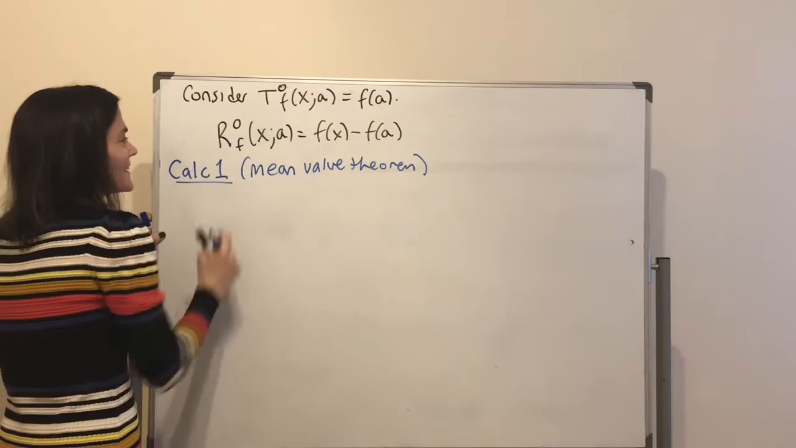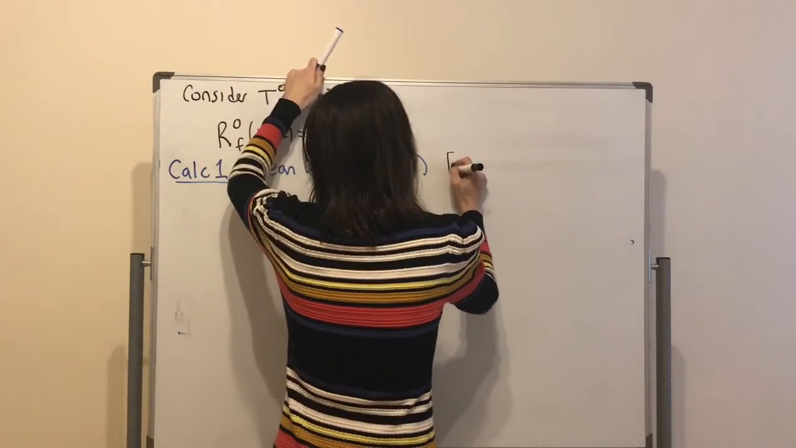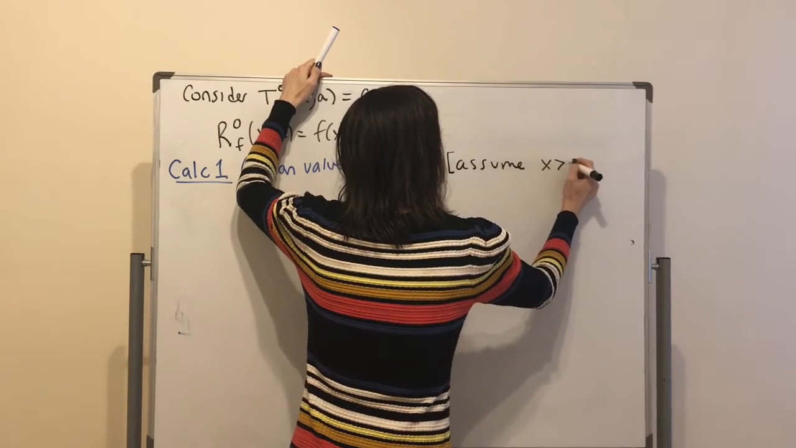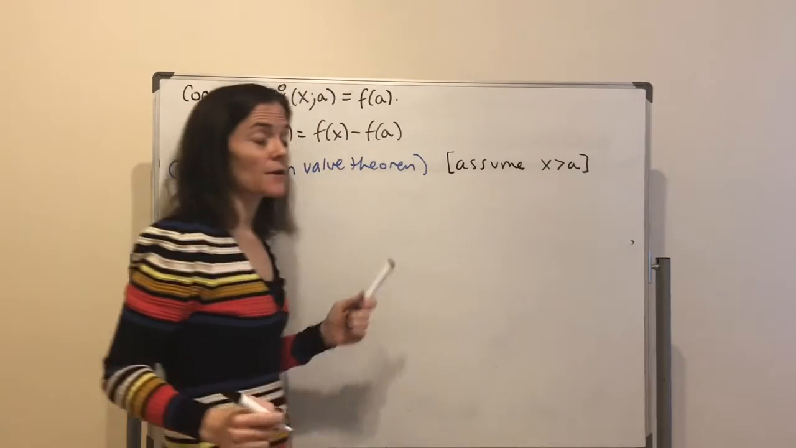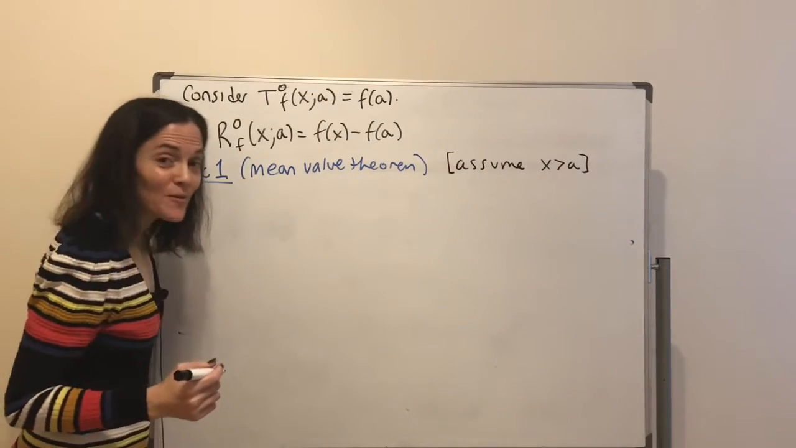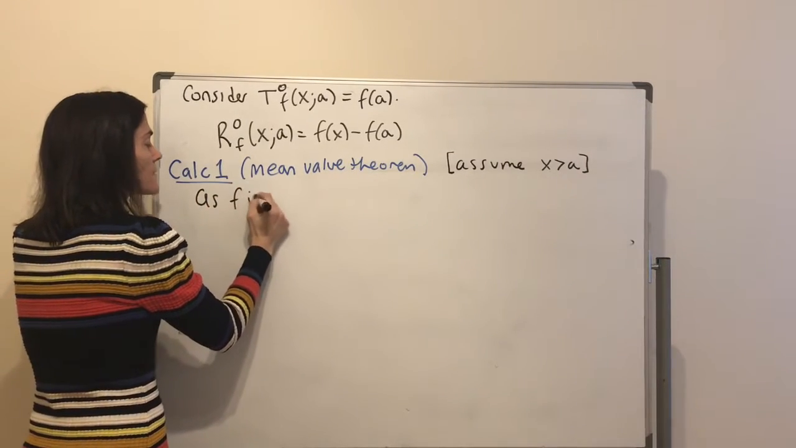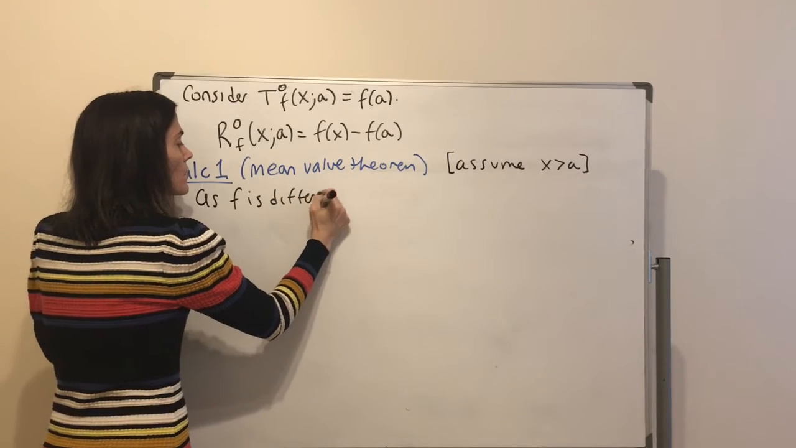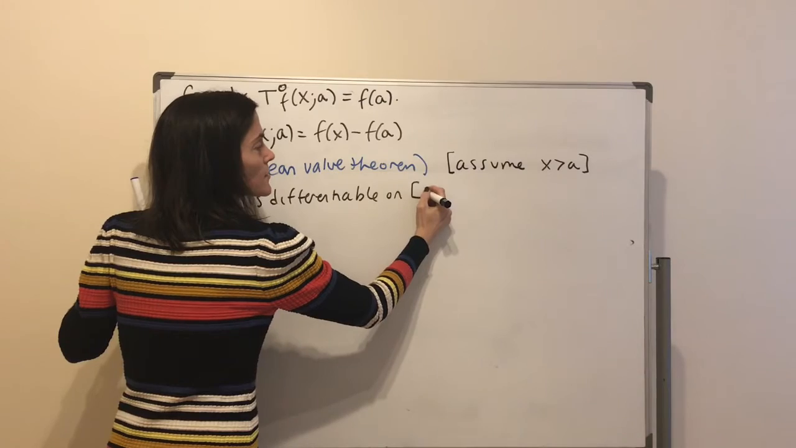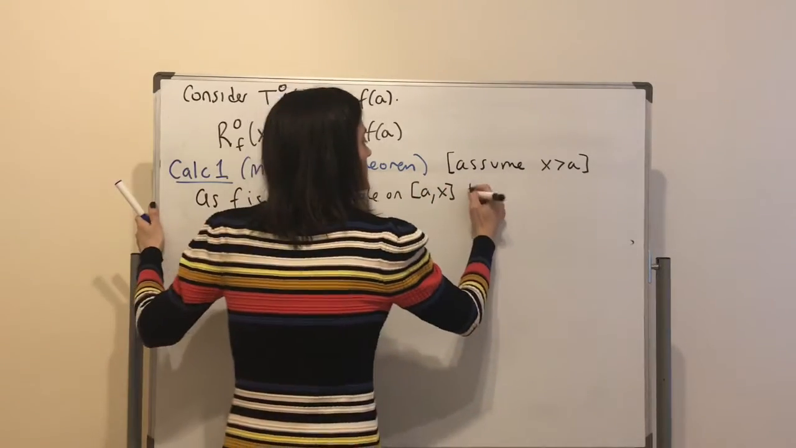Okay. Well, maybe for the purposes of stating this, I will assume, let's say, x is bigger than a, although it really doesn't matter, I would just state it differently. Okay, mean value theorem. Who remembers? It says, well, or what I will say about it, as f is differentiable on, let's say x is bigger than a, so this would be a to x, there exists